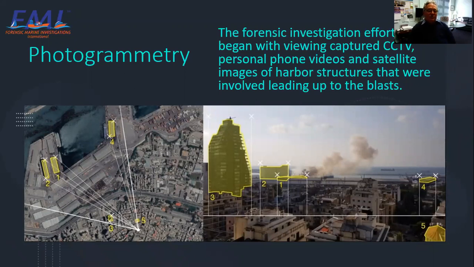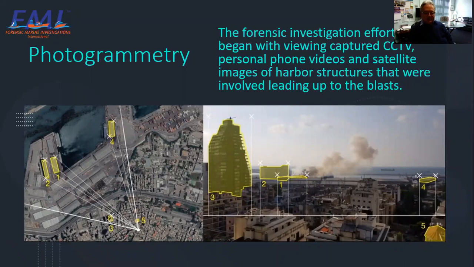So again, a little bit more into the photogrammetry issue. You can see the picture on the right here is a captured photograph from one of the higher buildings, and the white smoke there is early on in the fire development. And you see it's starting to get near the bottom of the center of the photograph. You can see where the smoke is a bit darker, a little grayer, and that's suggesting that something with petroleum products is starting to catch fire.